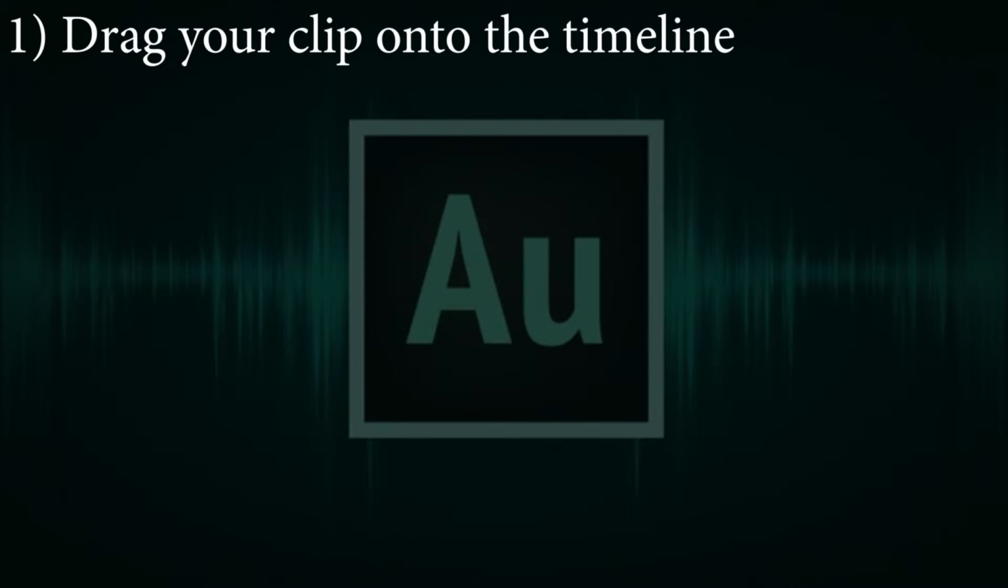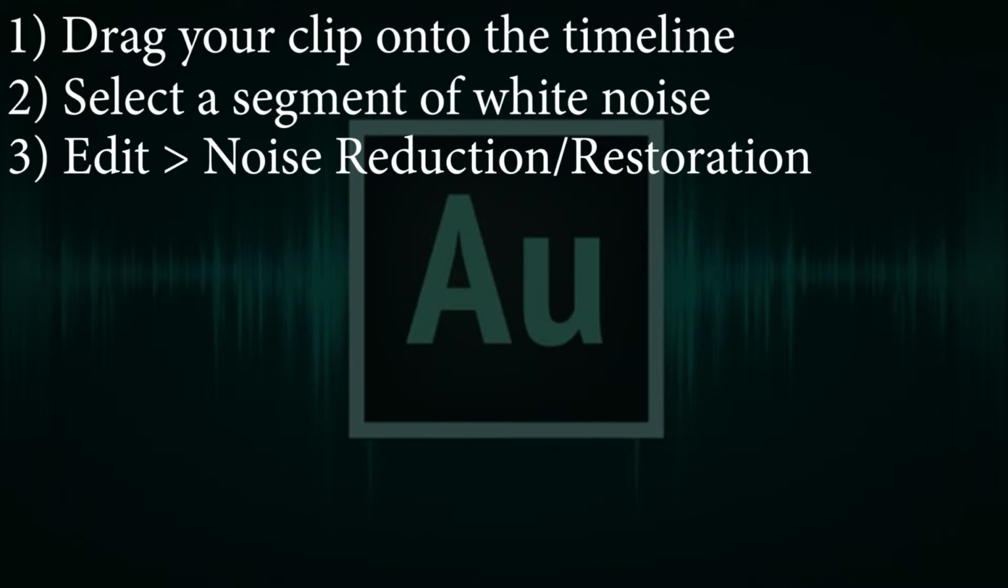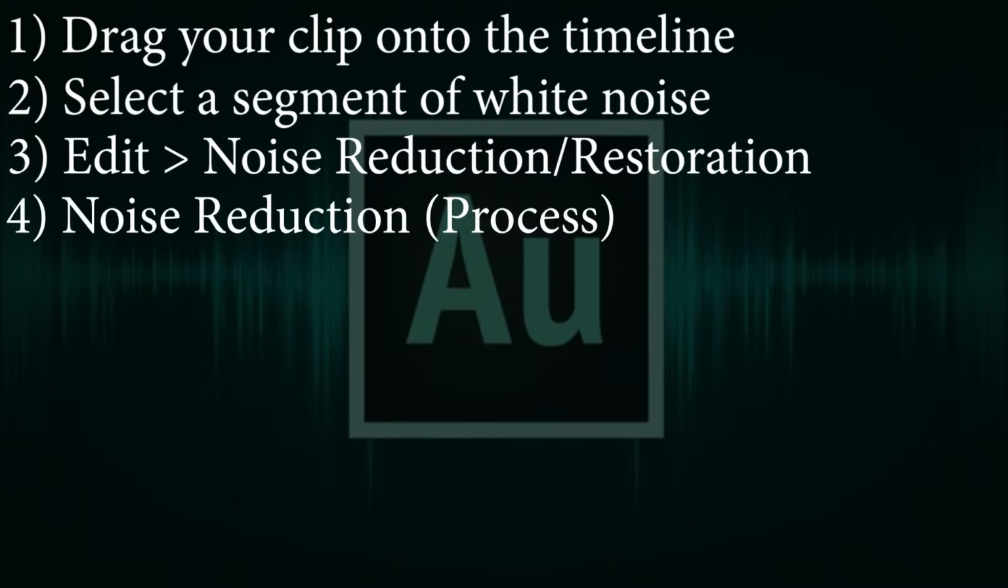To begin with, drag your audio clip from either Premiere Pro or just a raw file onto the timeline, and it should bring up the waves to your file. You should then select a small amount of white noise from the file, and then go to Effects, where a drop-down menu will show you several different options. You should then go to Noise Reduction/Restoration, and select it, which will bring you to a button labelled Noise Reduction,